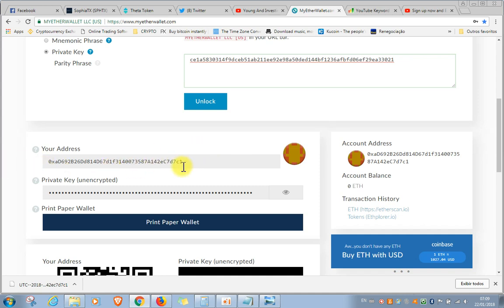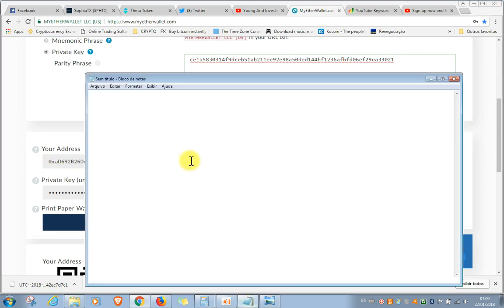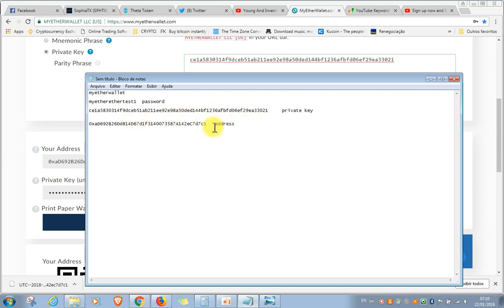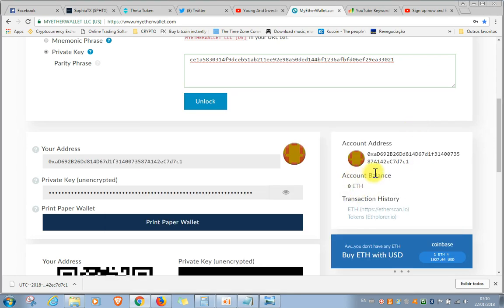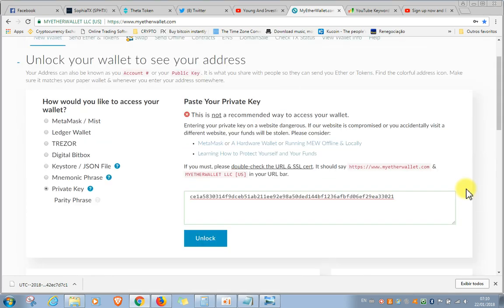Remember, this is your address. You're going to be sending to this address, and then in a few minutes, like 10, 20, you're going to get your amount here. And then when you're ready, and when it's time for you to send your money and buy into an ICO,